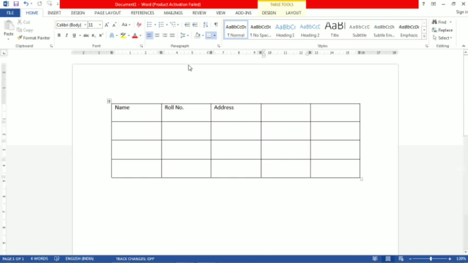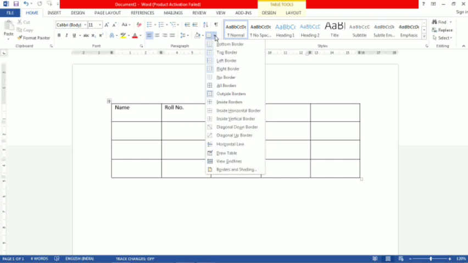Just by clicking on the layout tab, you can insert a row, you can insert a column. And then second method, click on the dialog box launcher in the rows and columns group to insert cells,